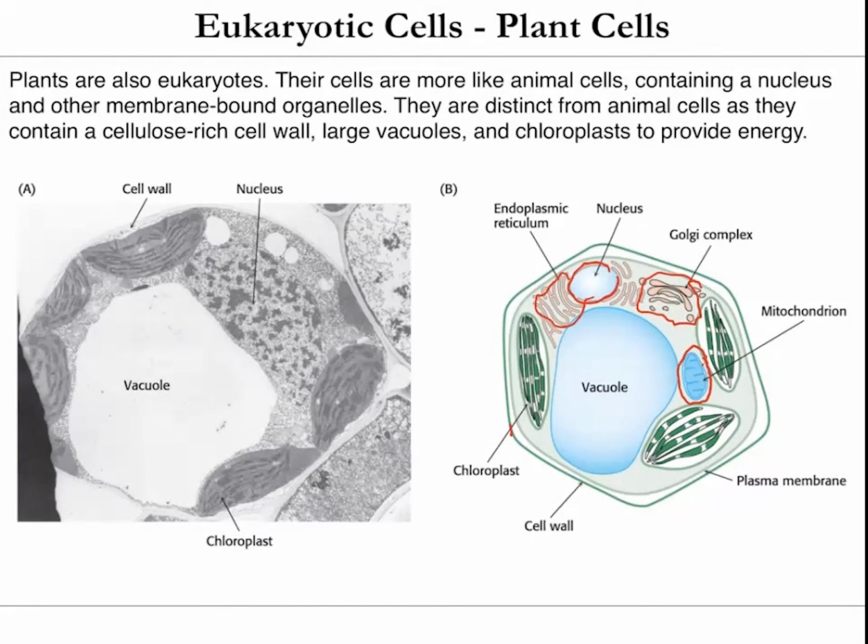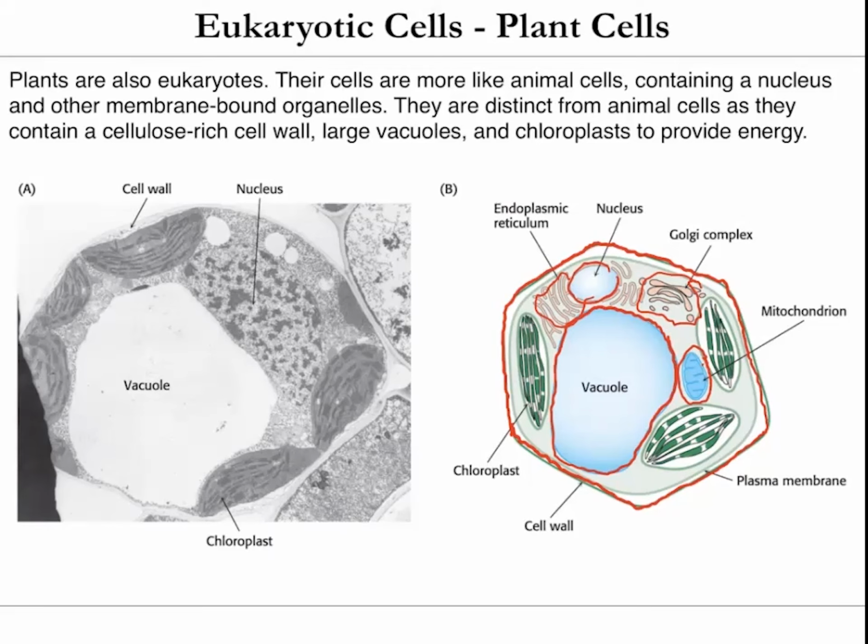But plant cells are distinct in a few different ways. One is that they have a cell wall that's really rich in that polysaccharide we talked about in lecture 4 called cellulose. This gives plant cells a lot more structural integrity than animal cells in general. Plant cells also usually contain a very large vacuole, which can contain water and other biomolecules that are important for maintaining the turgidity or structure of the cell. It can also hold different molecules that are important for the cell's function.